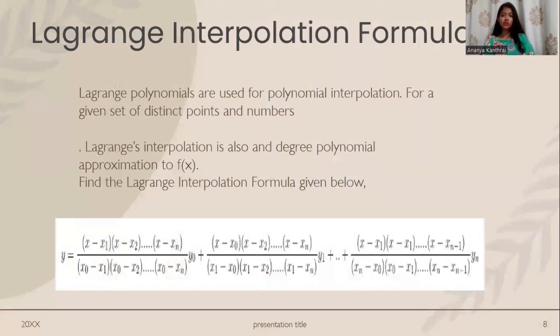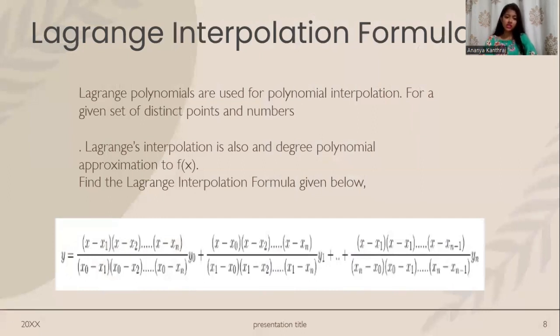Let's move on to the next topic, which is Lagrange's interpolation formula. Lagrange polynomials are used for polynomial interpolation. For a given set of distinct points and numbers, Lagrange's interpolation is also a degree polynomial approximation to f of x. We can find the Lagrange's interpolation formula as given below, which states that y is equal to x